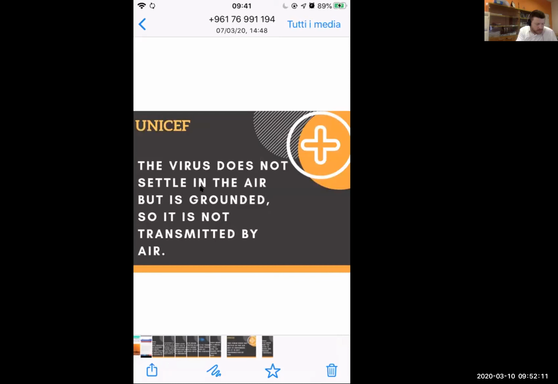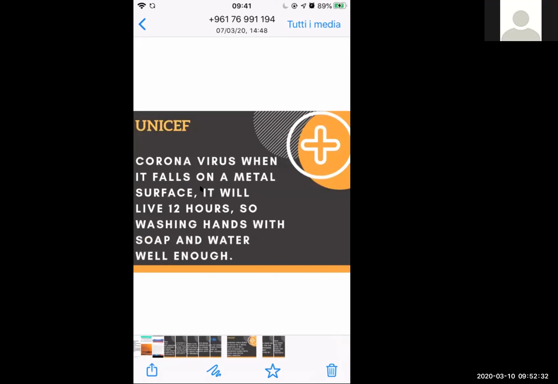Let's see if there's another one. Somebody wants to sell his mask. Yeah, maybe. We have to question. Or harm, yes. Okay. The virus does not settle in the air, but is grounded, so it is not transmitted by air. Coronavirus, when it falls on a metal surface, it will live 12 hours. So washing hands with soap and water well enough. So washing hands, so it's even wrong